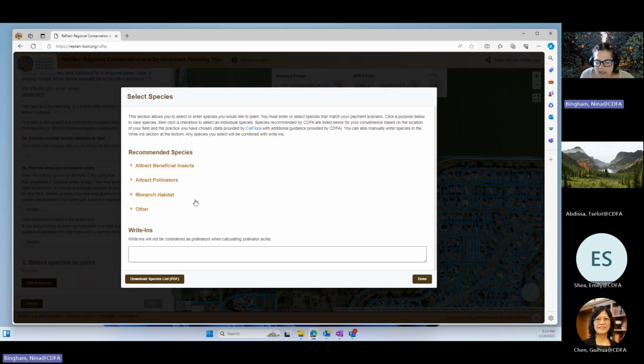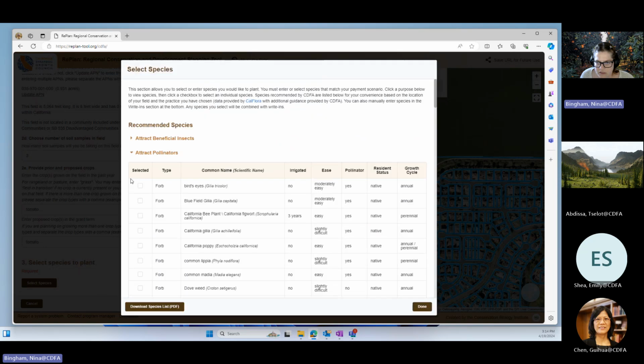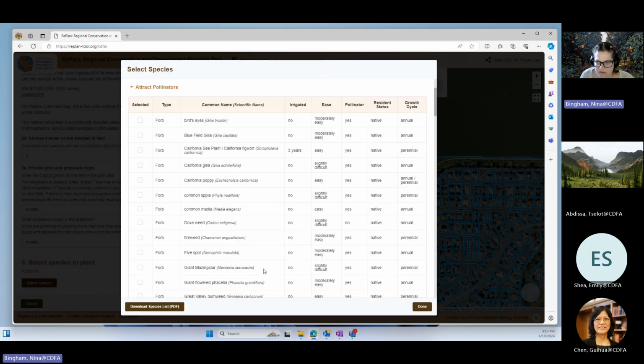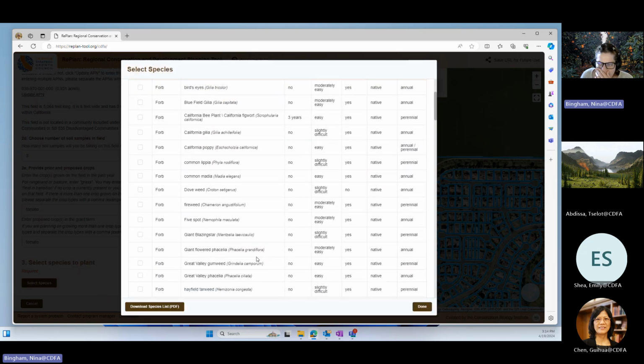Now hedgerows, you need to have a mix of perennial wildflowers, shrubs, and trees that are beneficial to pollinators. So I definitely want to click some attract pollinators, and let's think about what I want. So I am looking for perennials here. Probably going to choose some natives, I think,